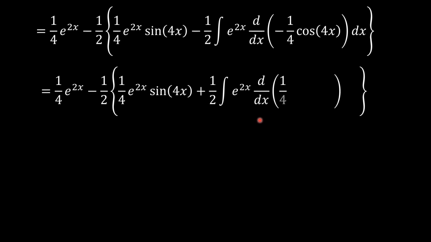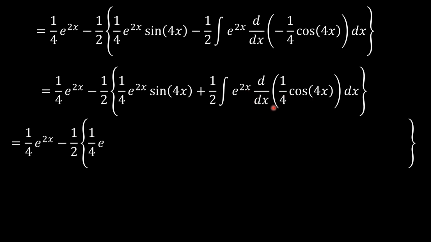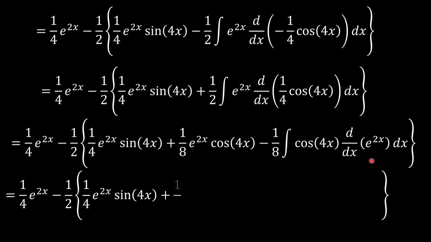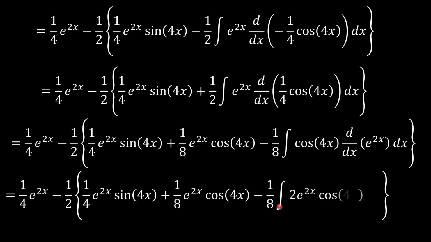So using integration by parts, as I said, our uv is going to be equal to e to the power 2x times a quarter of cosine 4x, and that becomes 1 over 8, minus 8 cosine 4x and the derivative of e to the power 2x. So e to the power 2x differentiated is going to be 2 times e to the power 2x, and that 2 will obviously interact with this 8th. But what is important is for us to know that now we're coming back to